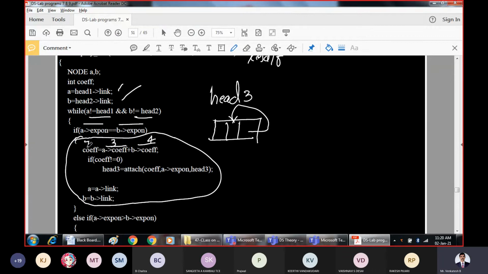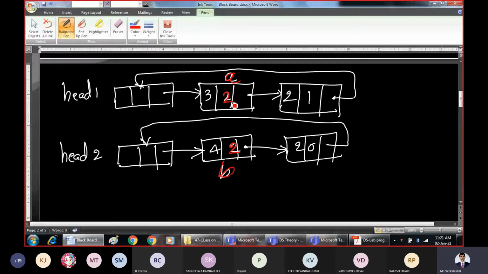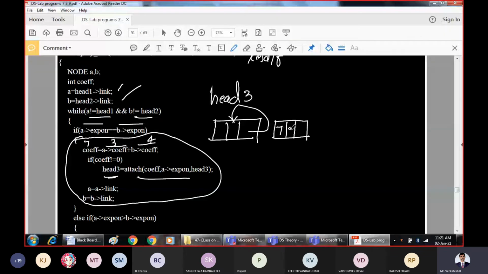If the added coefficient is not equal to 0, then we go for head 3 and attach this new term. The new term will get added to the polynomial. What is the new term? 7, and the exponent is 2.